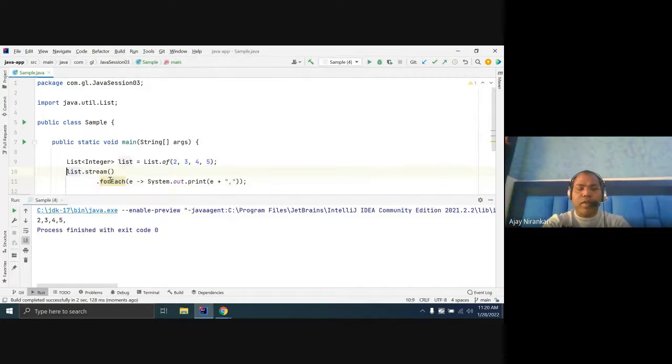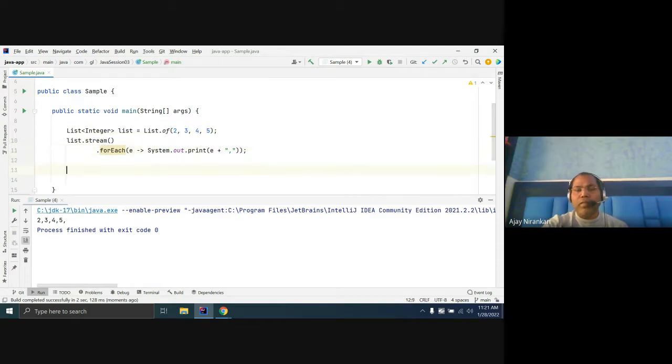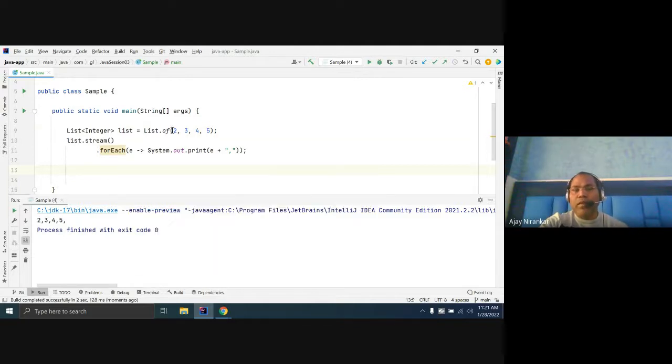We cannot assign the result to anything here, because this method does not return anything. So our use case is that I want the sum of all the elements. How will we do it? Before going to the reduce API, as a normal Java developer, can you write one method that takes a list of numbers and sums it?